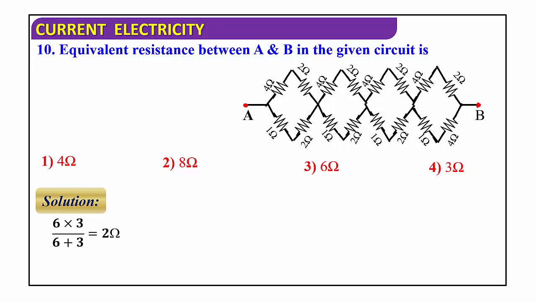Yes. See here. Only you can observe the first part. Let us consider P, Q, R, S. Only you can consider the first part because the remaining parts are the same. 4 parts are there here. So first network, you can observe 4 networks they had given. In the first network you can observe the first resistance value is 4 ohm. Then it is connected in series with 2 ohm resistor. Here in the second network again it is 4 ohm and 2 ohm. In the third network again it is the same, and in the fourth network also it is the same.